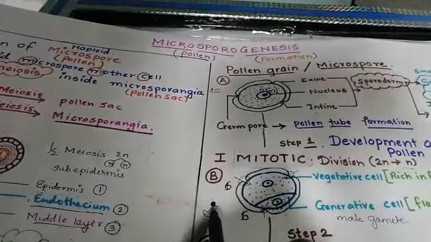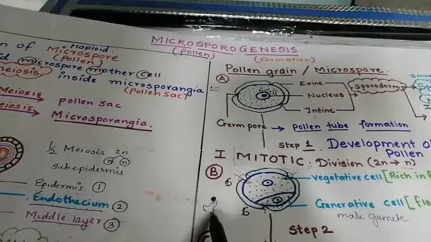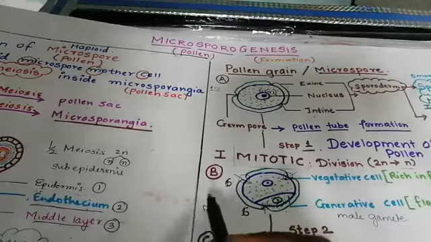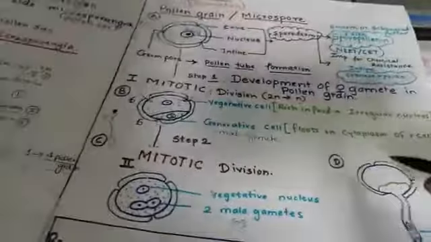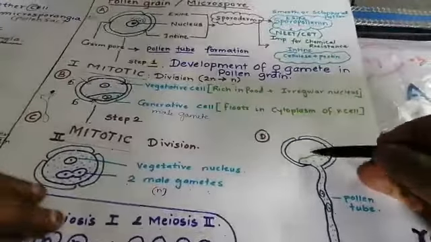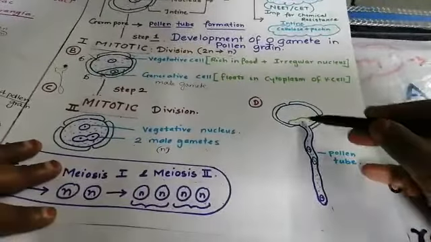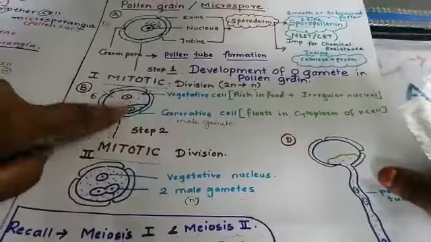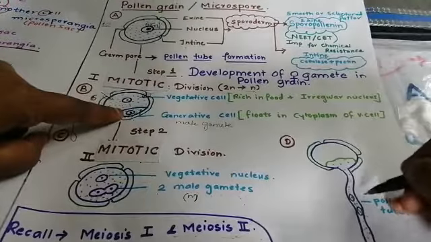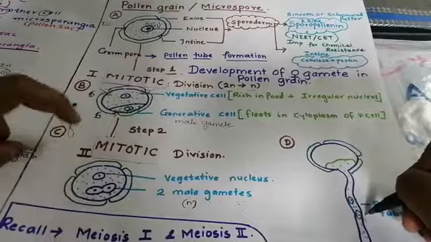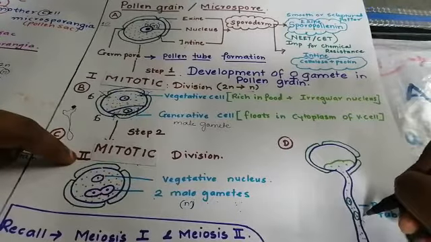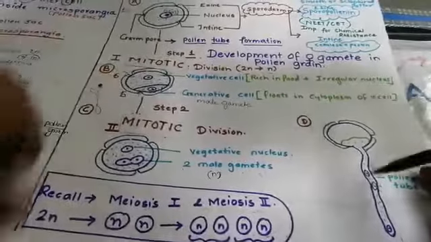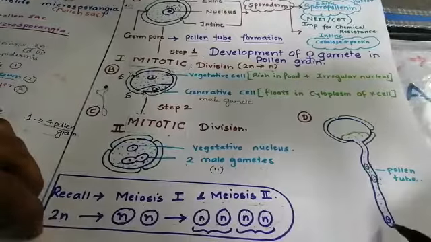On the stigma, when it sits, the stigma will release a liquid, and that liquid will be absorbed by the pollen grain. The intine of the pollen grain, when it absorbs the excessive liquid, will form a pollen tube. When this pollen tube is formed, immediately at that time the generative cell will undergo a second mitotic division. When it undergoes the second mitotic division, it will produce two male gametes. So, from the pollen grain, two male gametes will be produced along with one